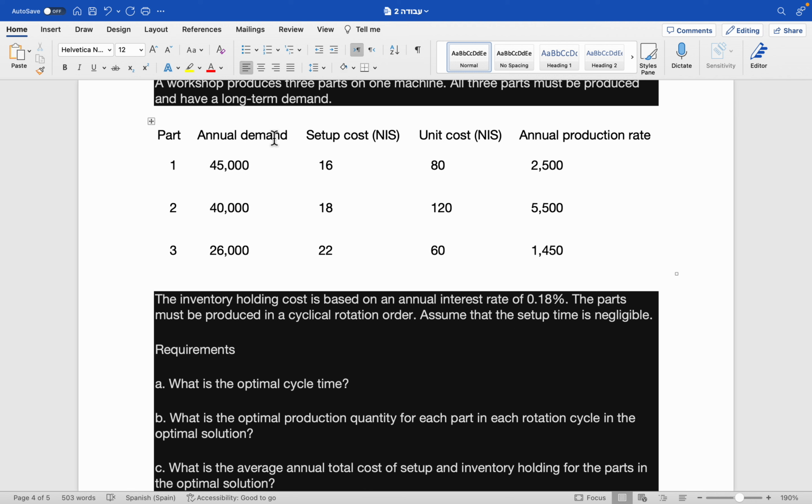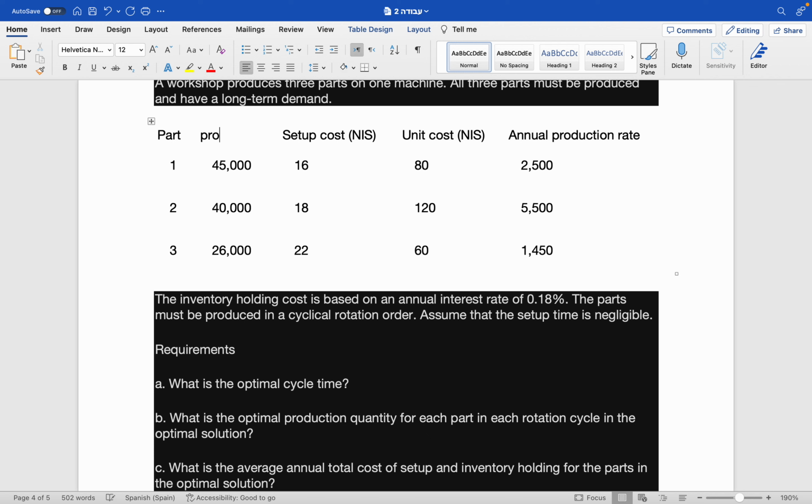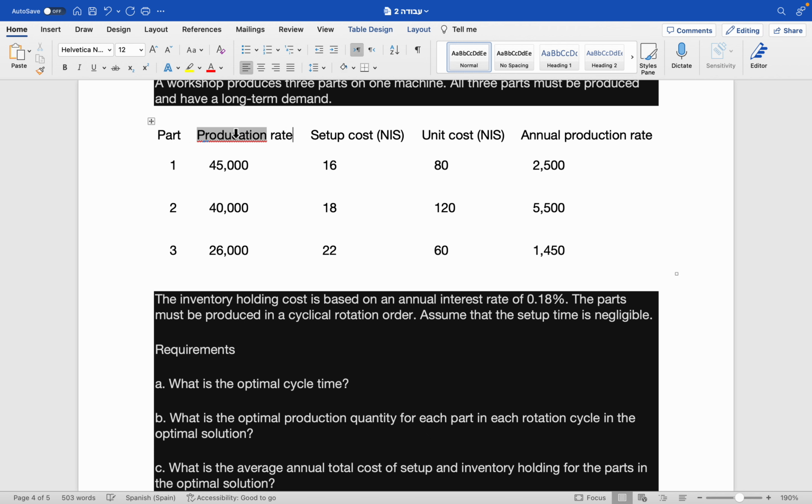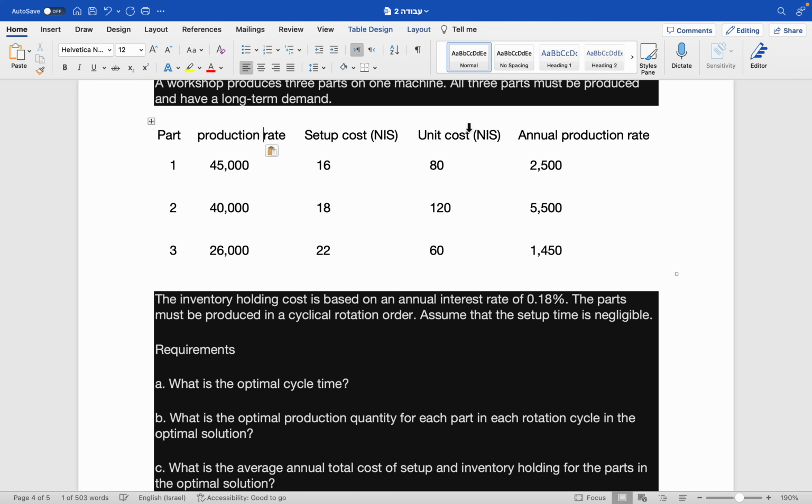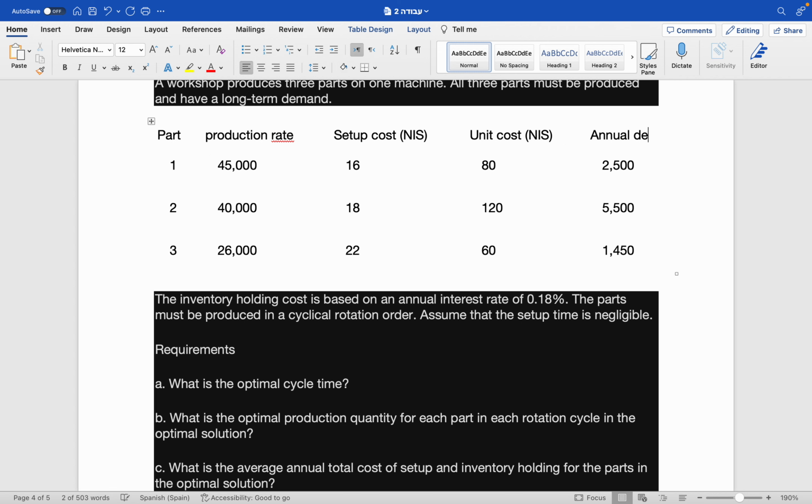Just as I see, the demand and the production rate should be switched. So this is the production rate. Let me just fix it. Anyway, so this is the production rate, and this is the annual demand. Okay, so this is the demand,